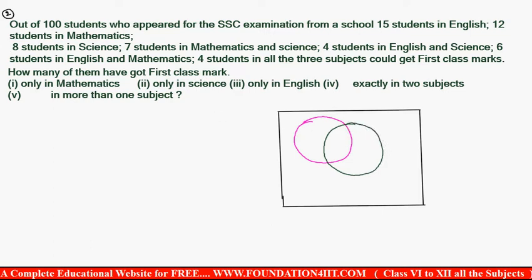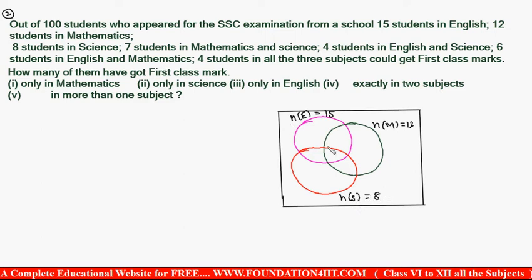And combination. Let me take three and then show like this. So here are three cases: n(E), the number of students from English, is 15, from the diagram, and n(M) in maths is 12. That means this complete green circle is for 12 students, and n(S) for science is 8.